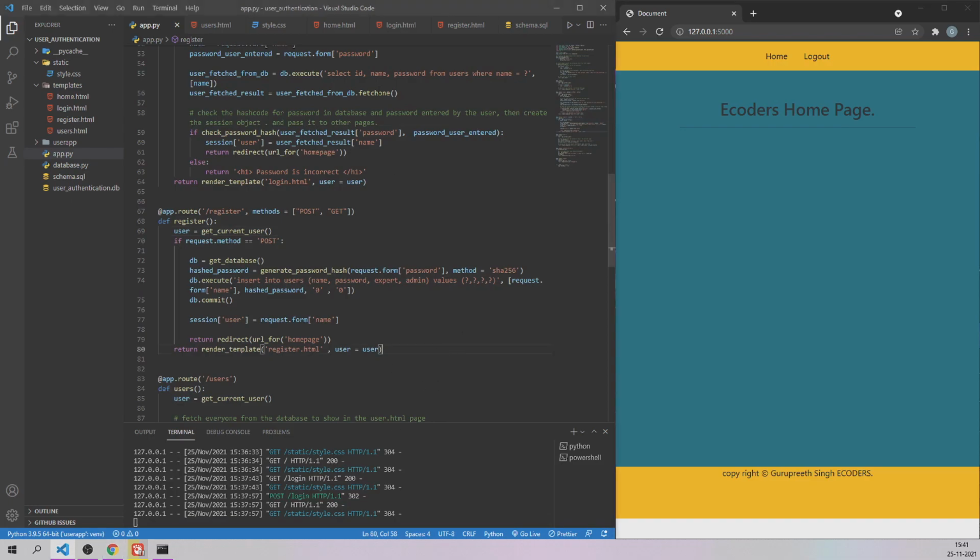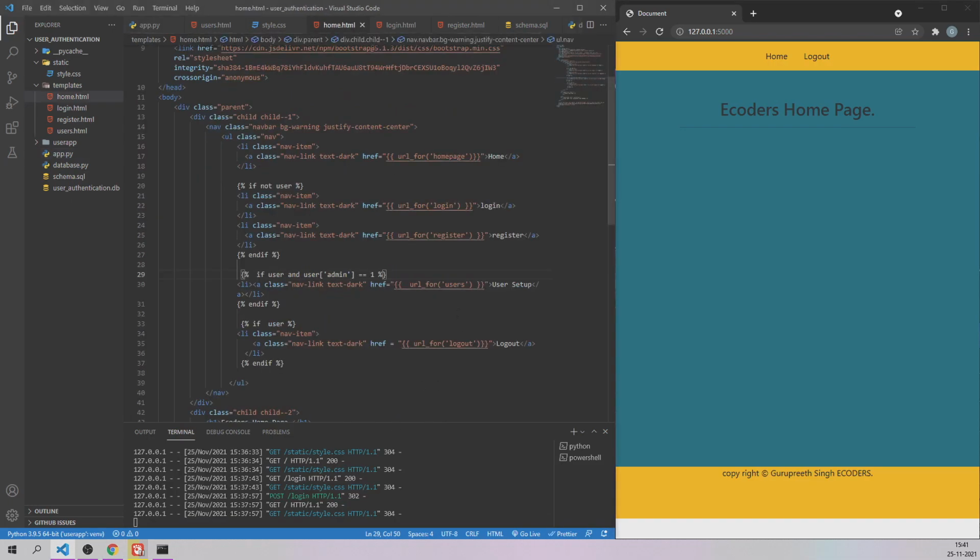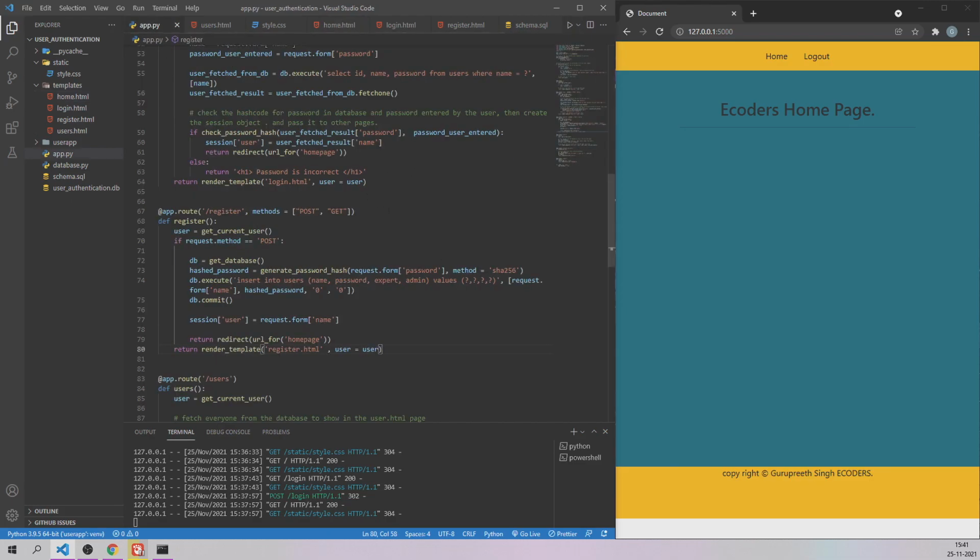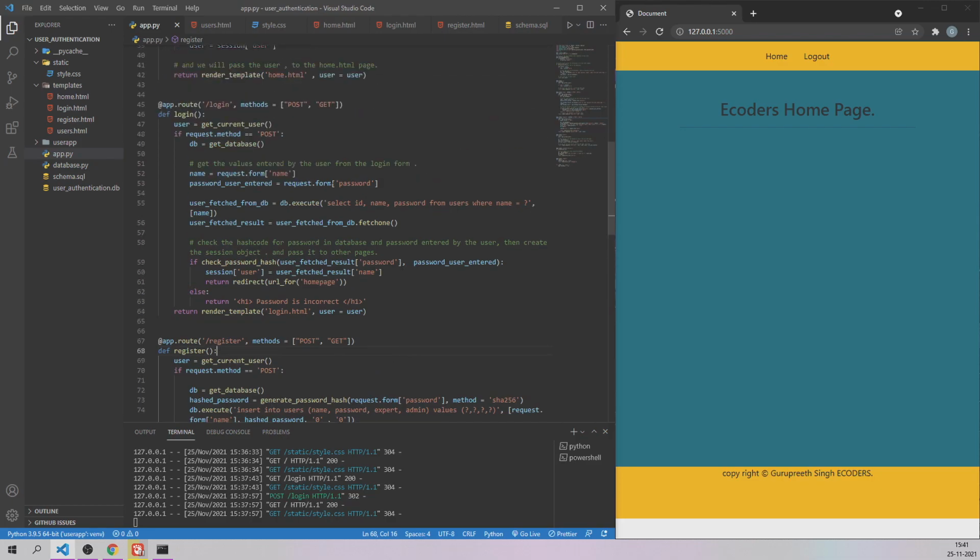Okay, so right now what is happening is, in our home page I have set this value saying that if the user is logged in, and if the user logged in is an admin and its value matches as 1, then only we are going to see this user setup page. Okay, so this is the code right now. After logging in, see guys, this is the code for logging in, and once the user has logged in, this function will get you that particular current page. And we are going to navigate to the home page.